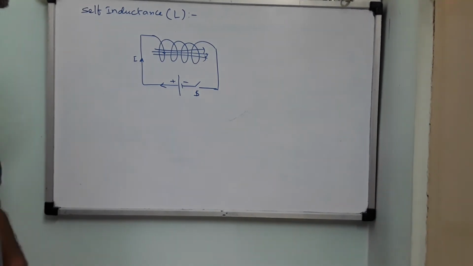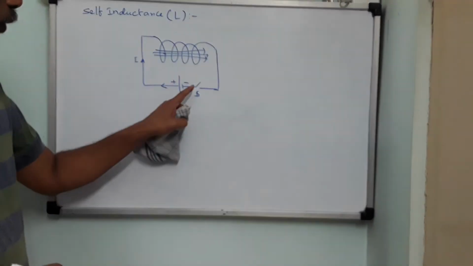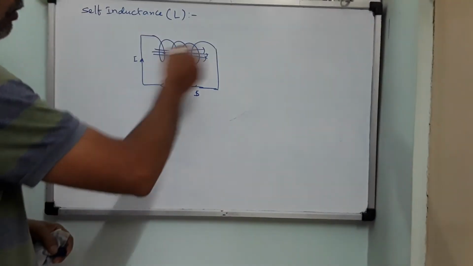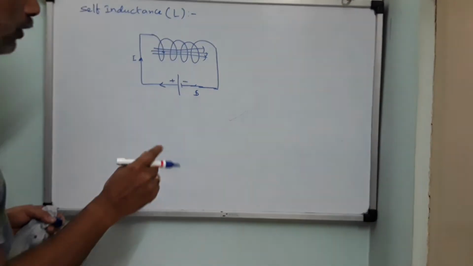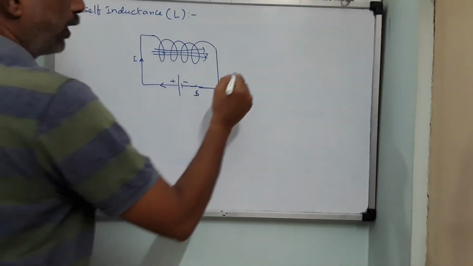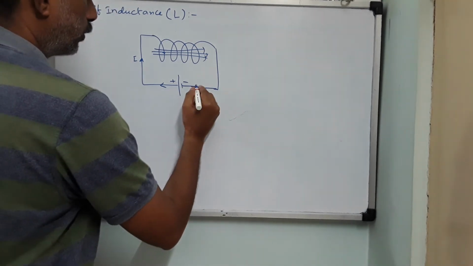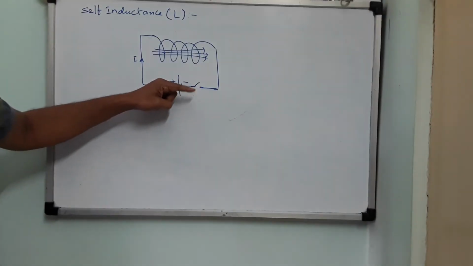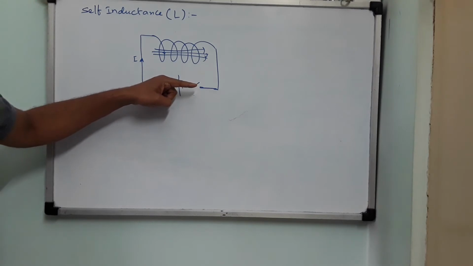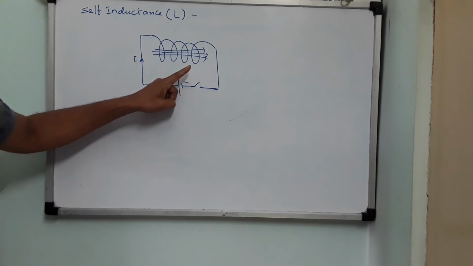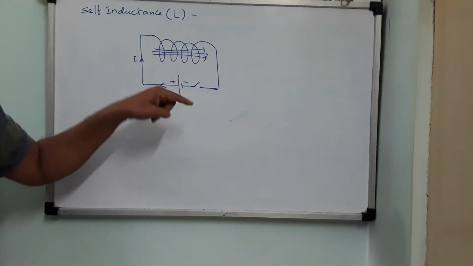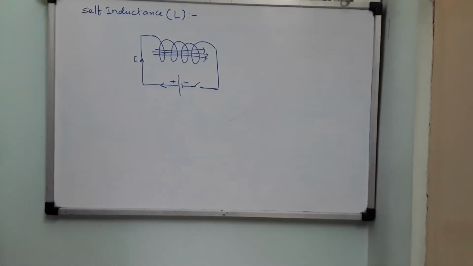So here you have a magnetic field. Who is producing this magnetic field? When you close the switch, current will flow, and magnetic field is produced. Now what do you do, children? Instead of having it like this, open this one, and you start playing with this, make and break contact. If you push down, circuit is made. If you remove your finger, because of the spring action, it will come up. So make, break, make, break. When it is made, current will flow. When it is broken, current will stop.